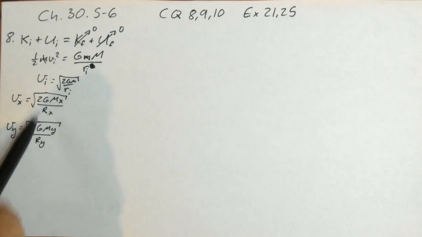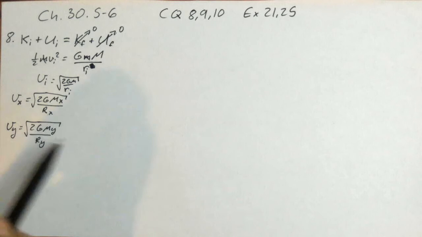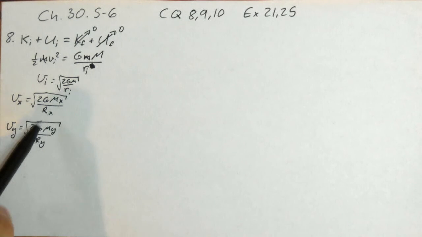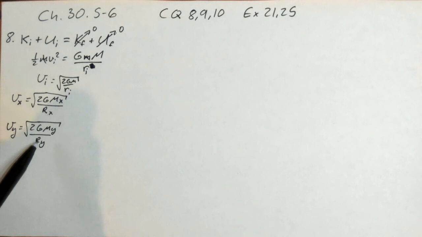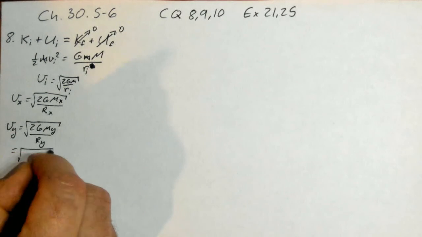Now, had the radii been different, we couldn't have done that. We'd have had to calculate mass as equaling density times volume. Volume is proportional to the radius cubed, and then we'd have to do all that proportionality. But thankfully, in this problem, the radii are the same, so the volume's the same. So doubling the density means doubling the mass. So we can now jump to that and say this is